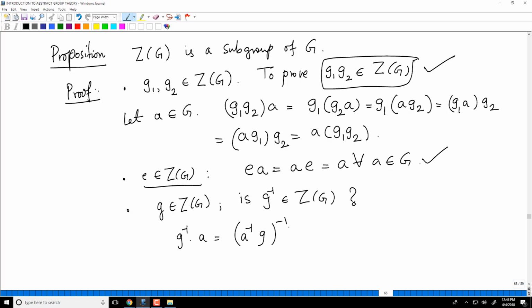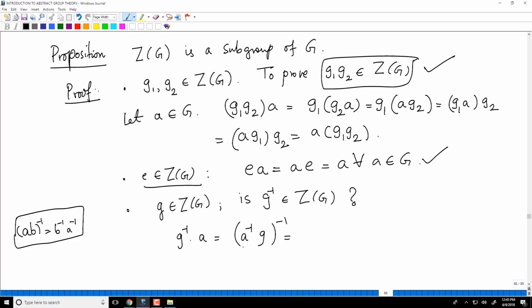If you recall, I gave an exercise, or I mentioned this in an earlier video: in any group, (A B) inverse is B inverse A inverse. I'm applying that here. So G inverse A is the inverse of, I have to interchange the letters here, A inverse times G, the whole inverse. Okay, so this is correct, right?